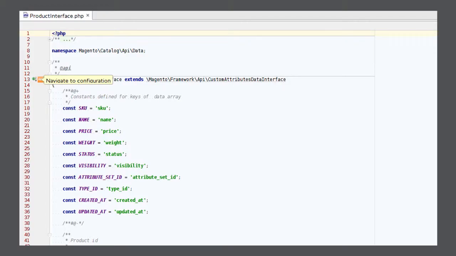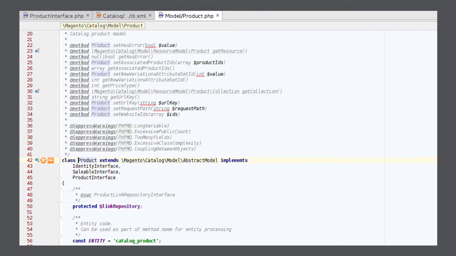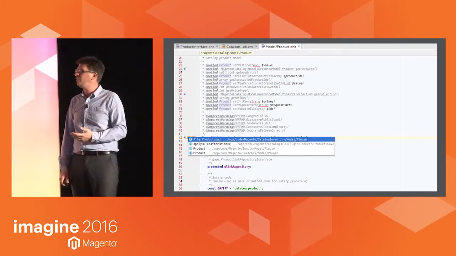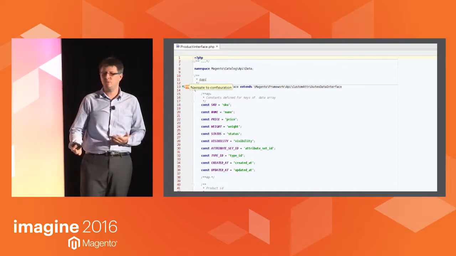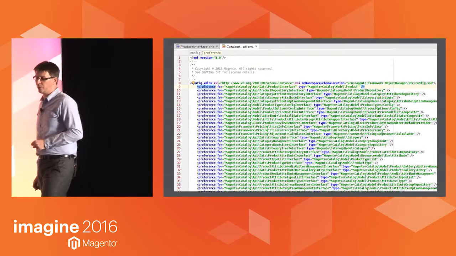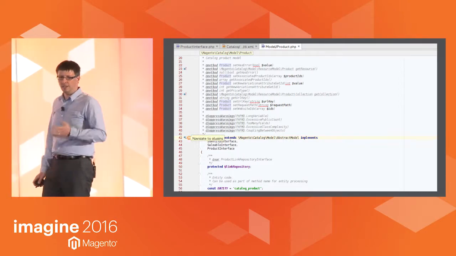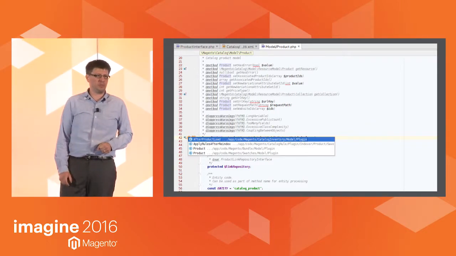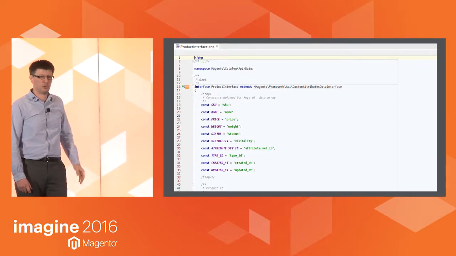Okay, I've talked a lot about working with interfaces, and if you click on an interface in your IDE, what normally happens is, well, it takes you to the interface itself, which doesn't give you a whole lot of information because quite often you do want to know what the actual implementation looks like. So I do want to make a quick shout out here to the PHP Storm Magento 2 plugin created by Magento. So if you do work with PHP Storm, I highly recommend you download that one because as you hopefully can see what it allows you,